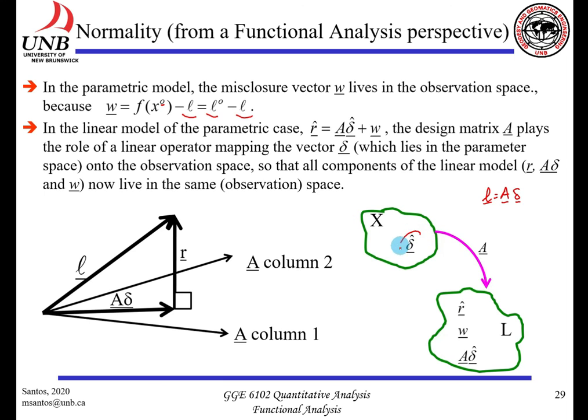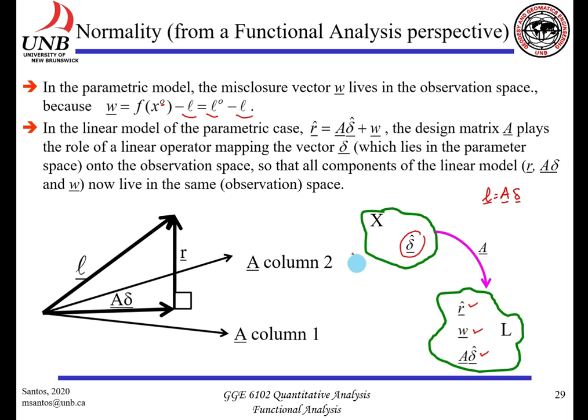Delta was moved onto the observation space by being multiplied by A. So A delta hat is in the observation space, W is in the observation space,